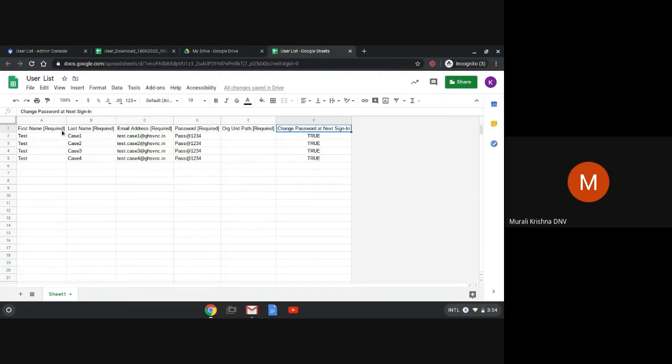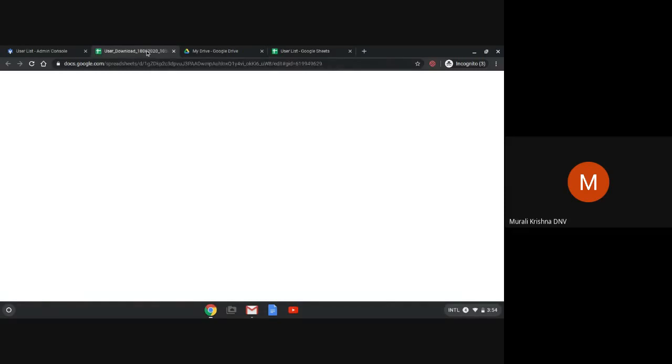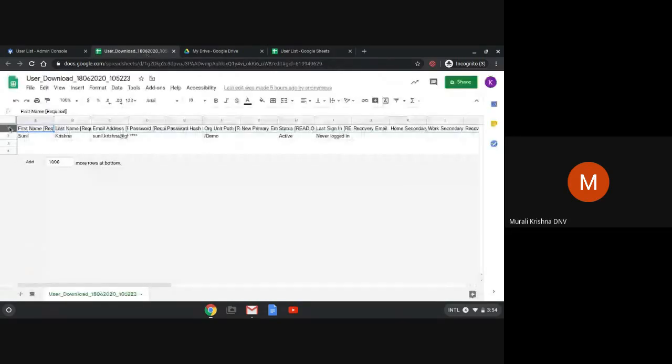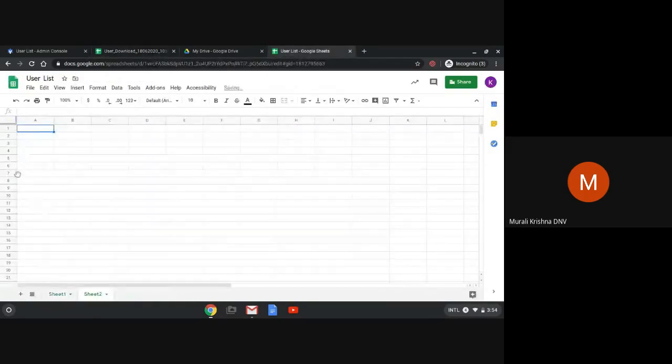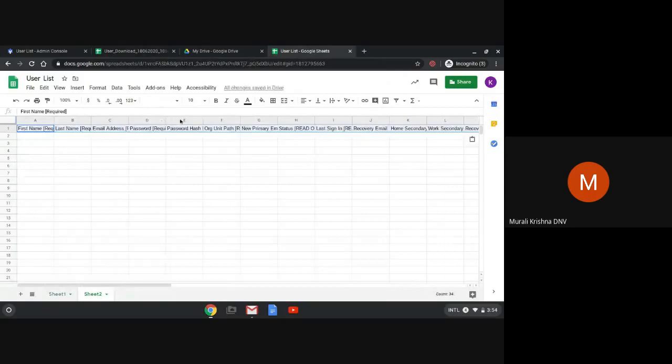Make sure you copy this first name and last name information from here. I recommend copying this information and pasting it in a new file, and deleting what is not required.